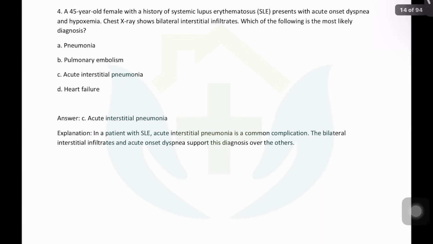and because it happens over a span of a few days, steroids and nebulized steroids, both of them, are helpful. In fact, if the patient is a known case of SLE, then you will need to give a pulse therapy of methylprednisolone.